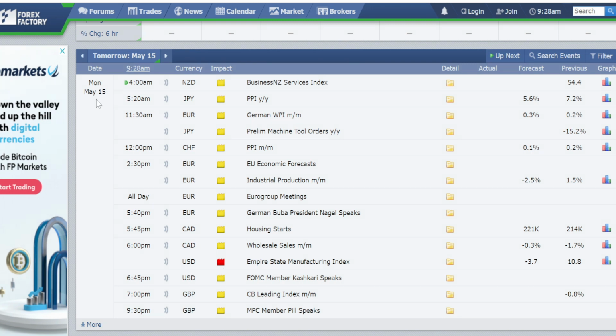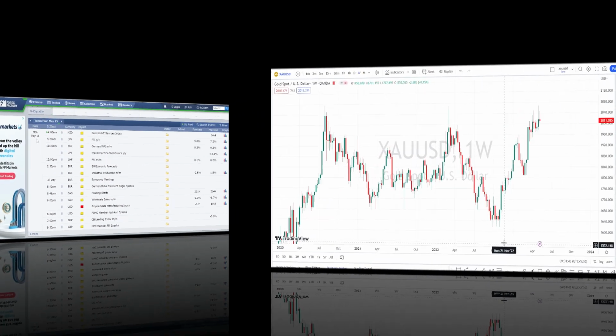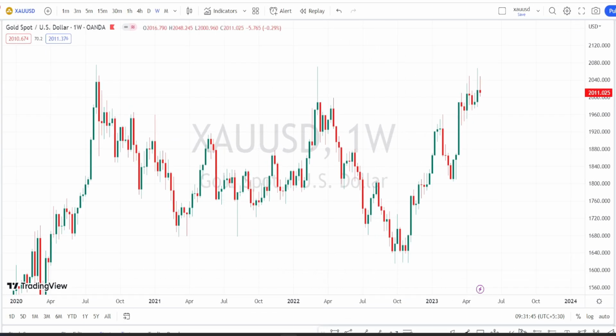Let us look at the price action for the coming week from the weekly time frame to lower time frames and mark the current trend of the price action and present support and resistance levels. So I am in the weekly time frame now, and when we look at the price action in the weekly time frame,